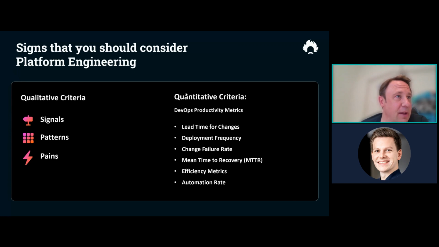And then there are some quantitative criteria, which I recommend to look at: the DevOps productivity metrics, lead time for changes, so from code to production, how is your deployment frequency, what's your failure rate when you deploy a change, how long does it take to recover from a failure on average, efficiency metrics in terms of costs, transactional costs, and also, what percentage of your processes are actually automated versus manual.